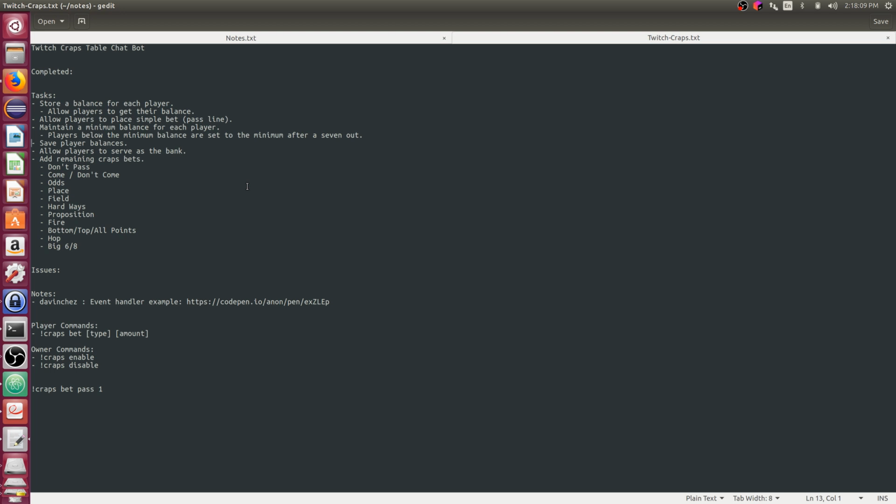Next up, we'll want to save player balances. So as the app is closed and restarted, players will be able to restore their balance and have that be preserved over time. Then we have an option I'm not quite sold on yet. My idea here is to allow players to serve as the bank. So up to this point, players are basically competing or playing against some imaginary bank that has infinite money, and as players win, they get paid from this imaginary infinite source of money. If players lose, their money gets siphoned away into this infinite source of money.